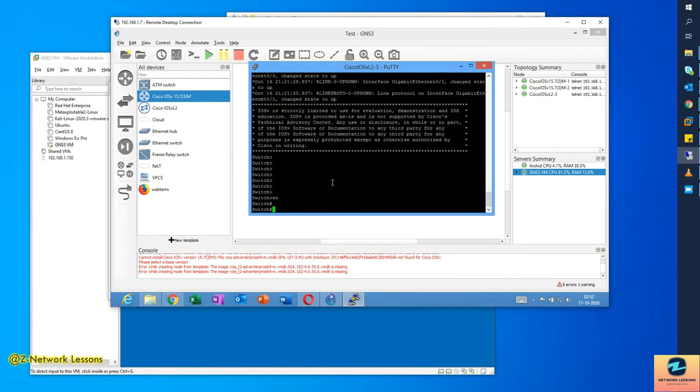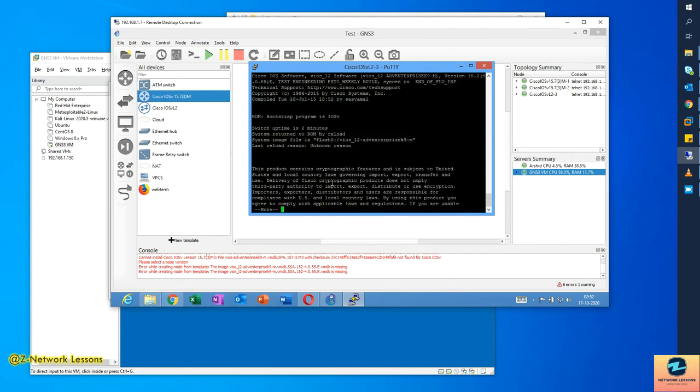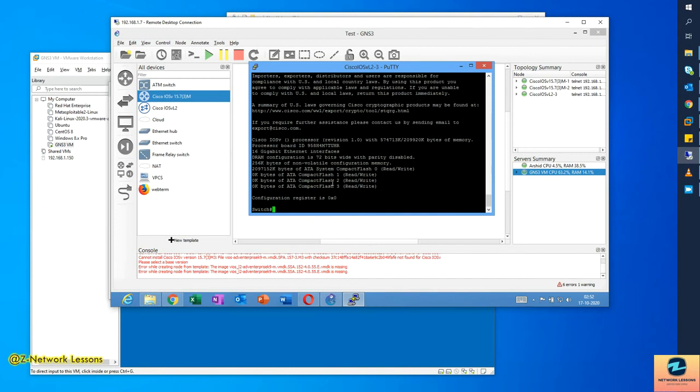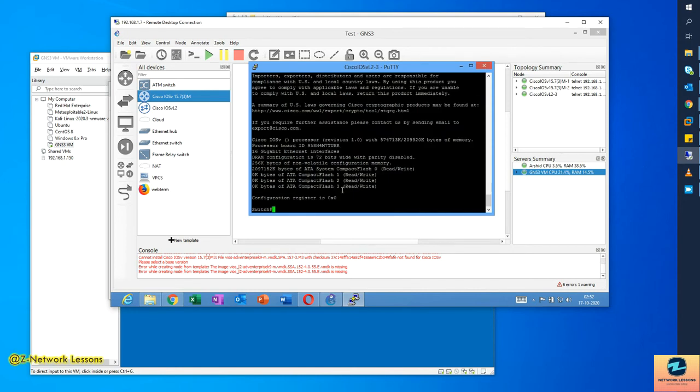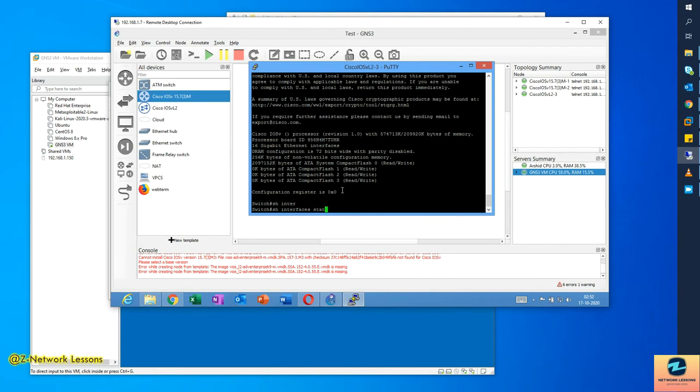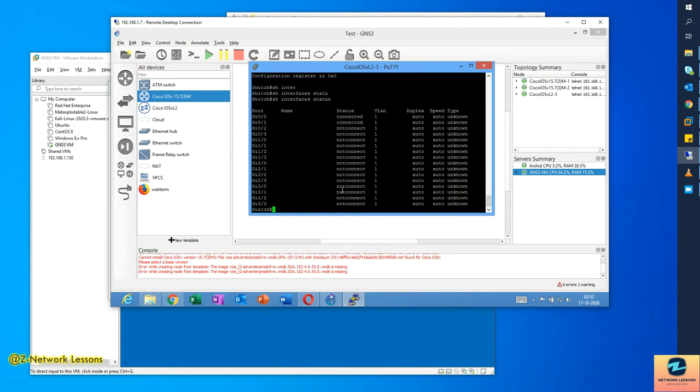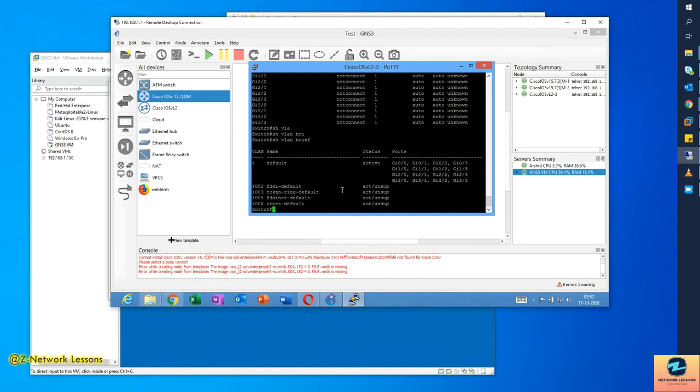Yeah, enable. If I see the show version, this is 15 IOSV. You can see clearly it's mentioning IOSV, right? And the version you have is 15.2 here. Okay, so this is my L2. I will not change anything here. If you want to see whether some of the commands are running or not, you can see the show vlan brief command, everything is running, right?